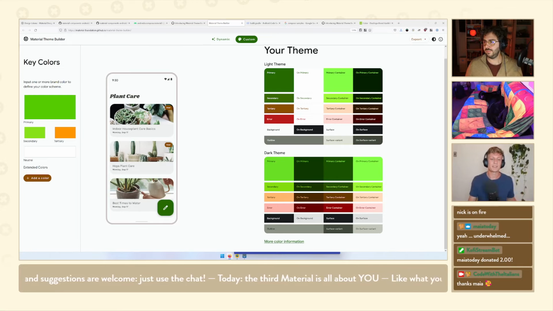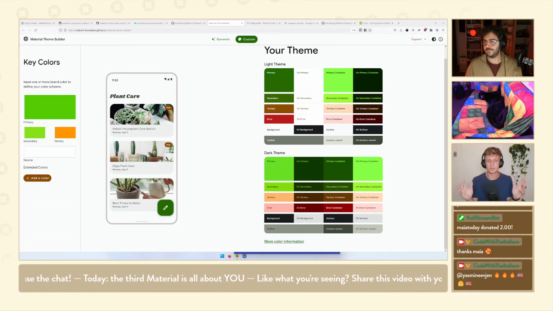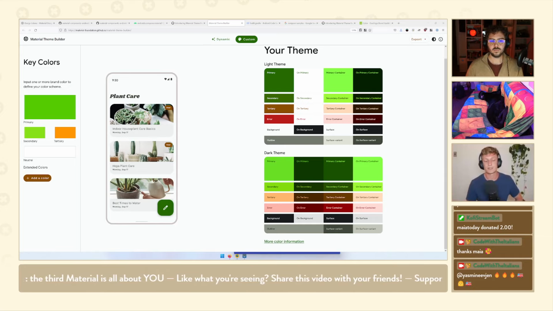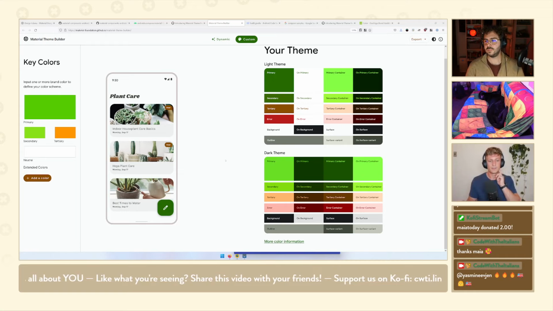there, if you zoom out, it's not the exact colors you put in, but it has effectively taken each of those colors and created a tonal palette of up to 10 different tones. So very light and very dark of that primary green. And same goes for that secondary green and that tertiary orange. And then it's in an opinionated way mapped those colors to the various slots in your theme, like primary, tertiary, primary container, and so on and so forth.